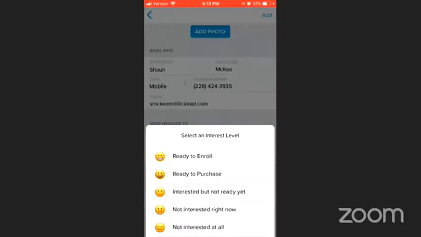The last 2 options, not interested now and not interested at all, both of these put the contact into somewhat of a back burner state. You won't immediately get a card suggesting you follow up with them. Instead, there'll be